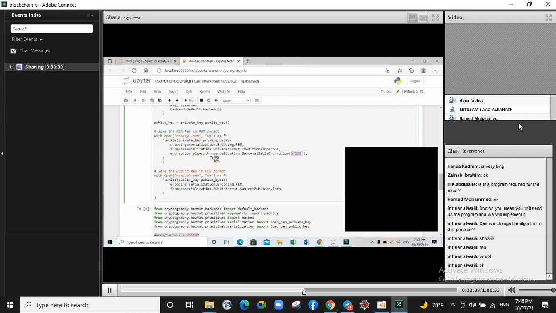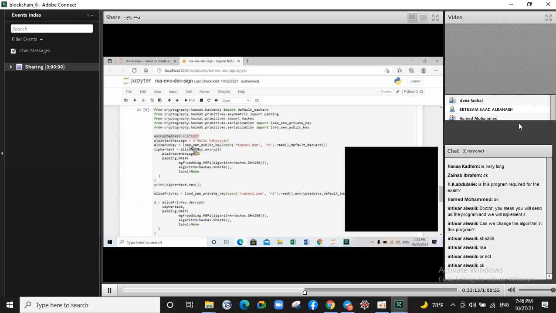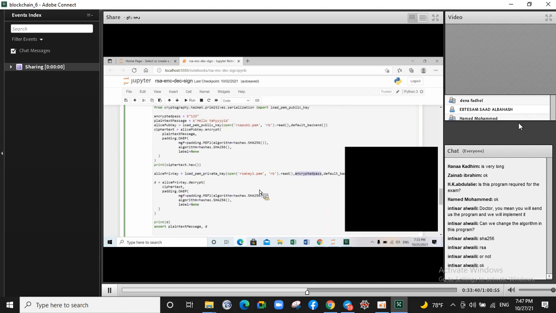So when you want to load the private key from a file, you should use this password here. When you load the private key, you must take the password as one of the parameters. Okay,